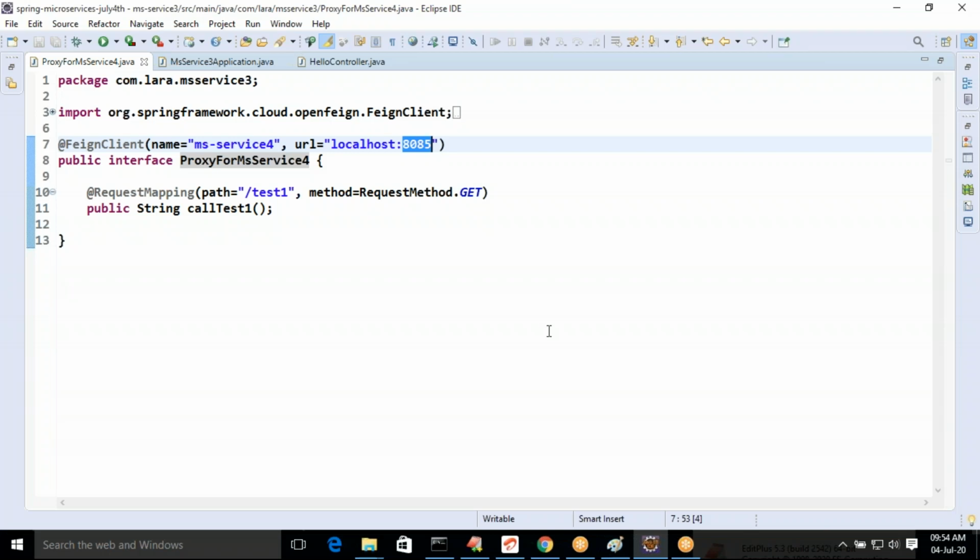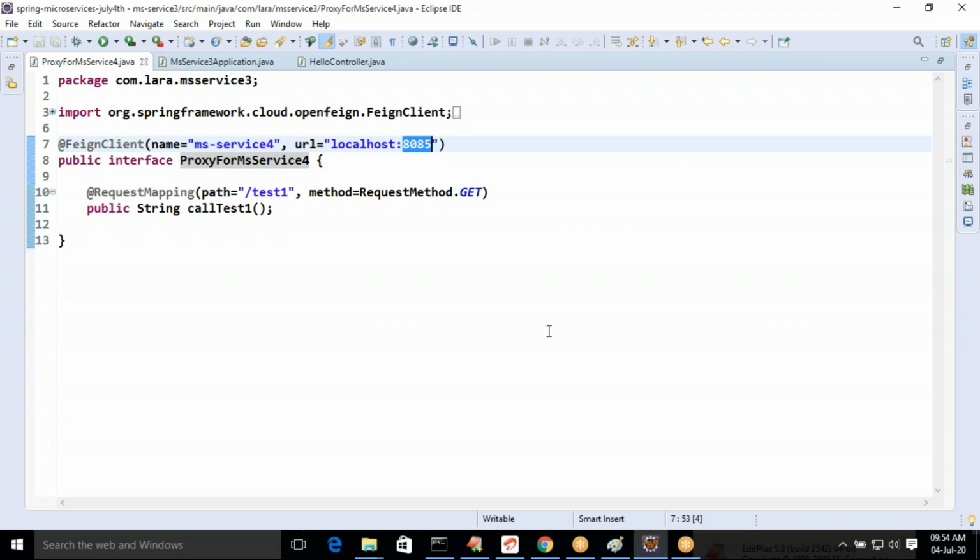Remember this point? If multiple instances are there for the same application, it is not considering other instances.